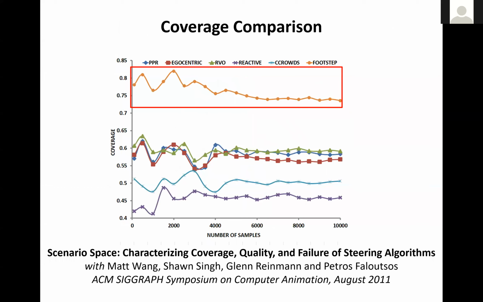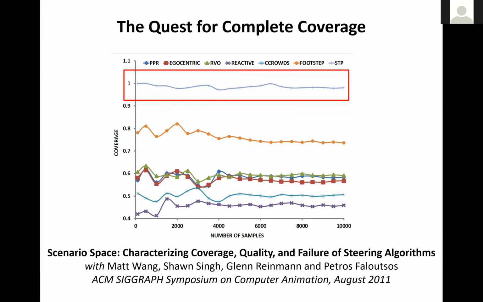If we go back to our original coverage analysis, we can see that this new approach that we have developed is able to produce significantly better coverage. So we can now solve approximately 80% of the scenarios that these agents typically encounter. However, 80% is arguably still not sufficient, so there is a lot of work that still needs to be done to develop an efficient approach that can produce perfect coverage.